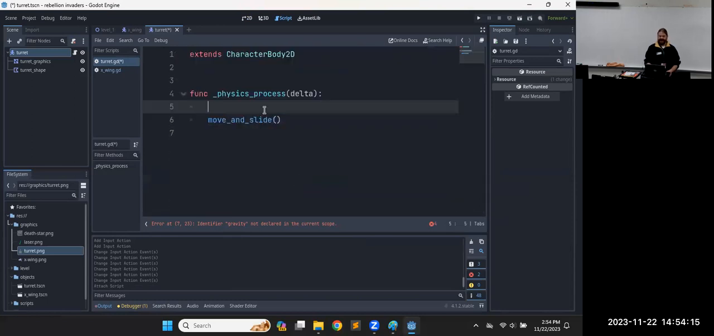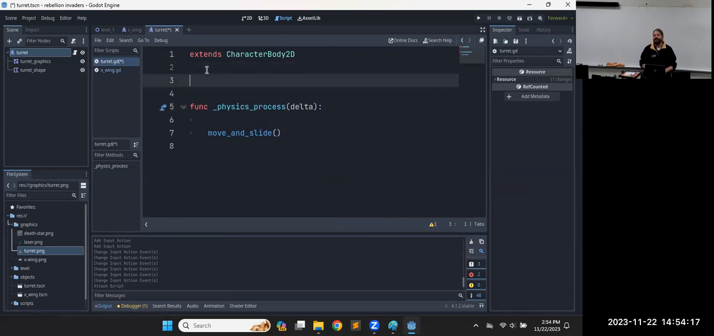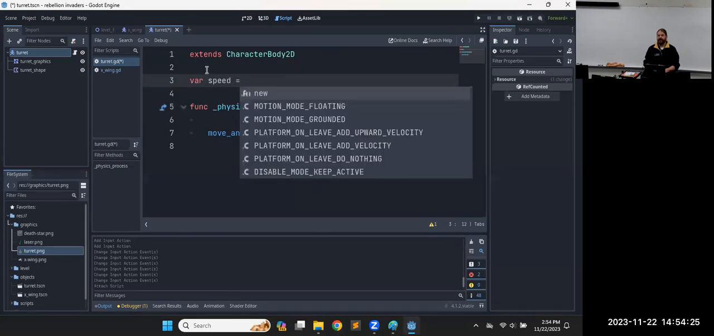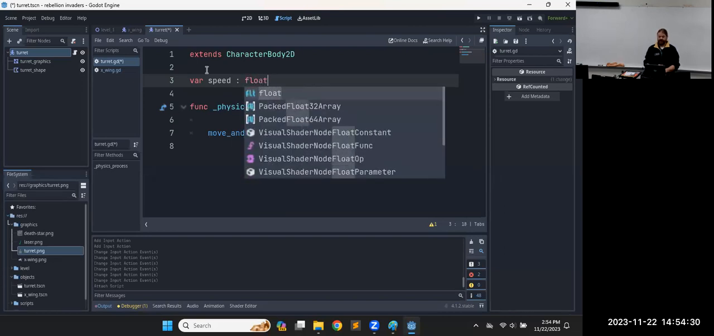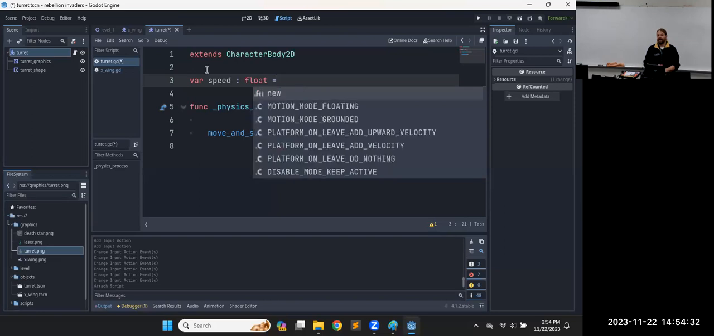I'll just get rid of all of that and we might as well have started with a new script. But what do we need? We're going to need a speed to move back and forth. So we'll create some sort of speed, a colon, then we'll type in the type, a floating point data,